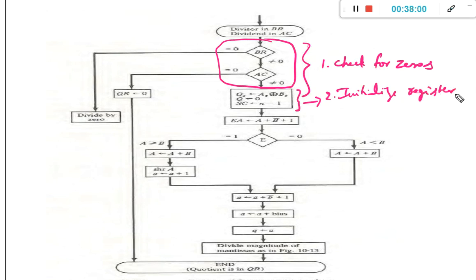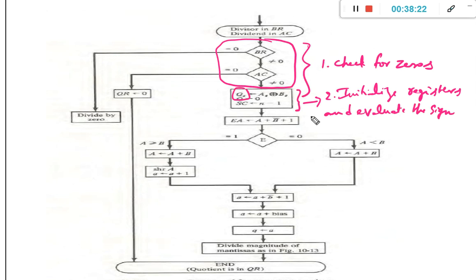We have initialized 0 to Q register and n-1 value to sequence counter, and we have evaluated the sign bit of the quotient QS. Okay. So this is that particular step.